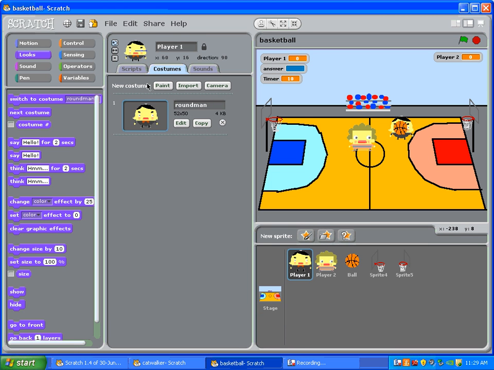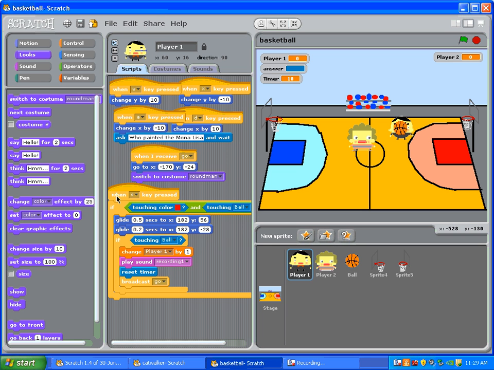So when Round Man, that could even be if he's on that line. Well, the only thing with that though is it only senses the color. So I would have to change the color of the line and say if he's touching that line,